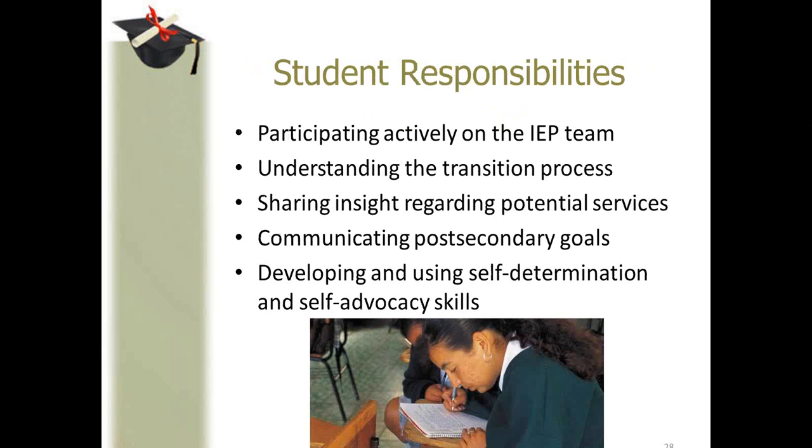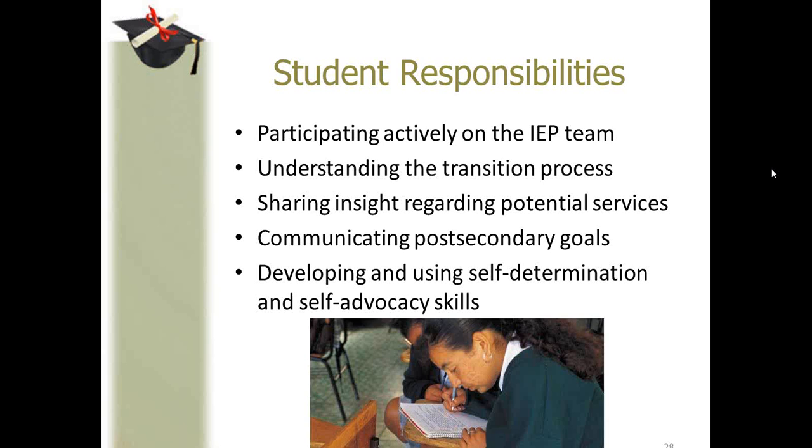Although family and school involvement is vital during transition, your young person also has responsibilities in the transition planning process, such as taking an active role in developing the IEP, completing age-appropriate transition assessments, learning about and understanding the transition process, thinking about what services would help him or her in daily adult life so that the transition team may invite the appropriate agencies to the IEP meeting, thinking about what he or she wants to do and where he or she wants to do it in the years immediately after high school,